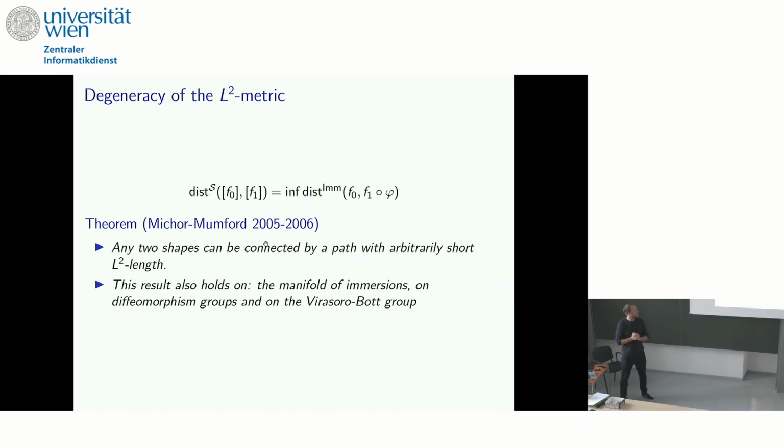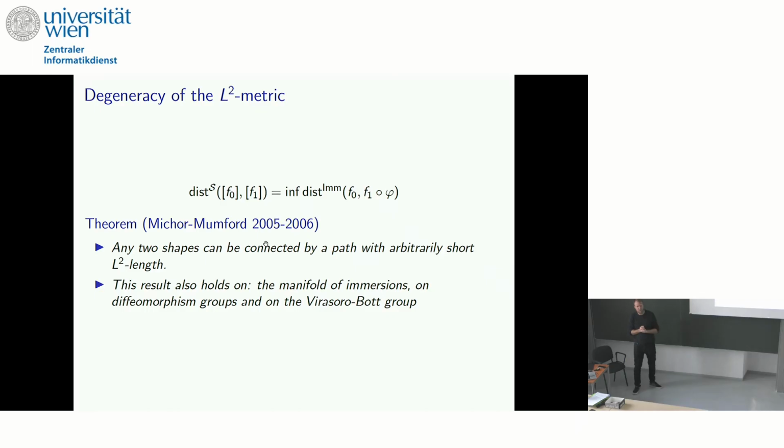Peter always likes to say that the original proof of this was not found by him, but by David Mumford's computer. I think how they realized is they actually wanted to use this metric for doing some shape analysis tasks for curves. And as they discretized the curves better and better, the paths got shorter and shorter and in some way worse and worse. And then they tried and managed to prove this result by showing that what they saw on the computer was really the degeneracy of the metric.